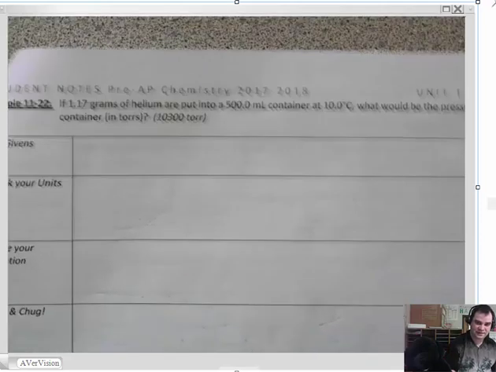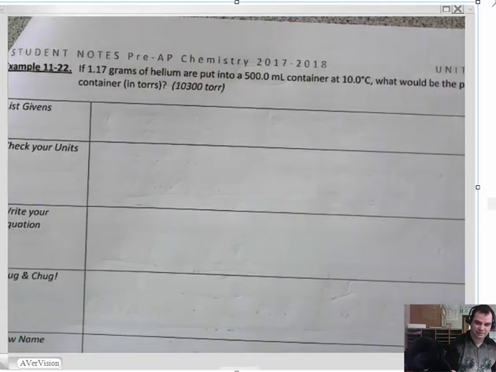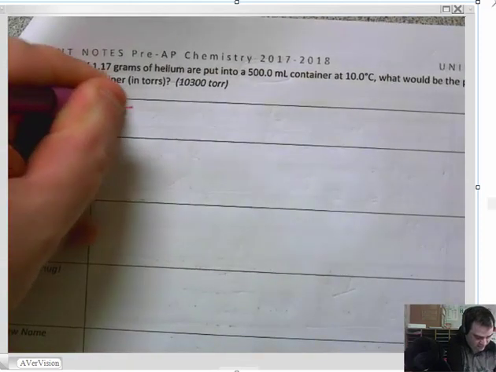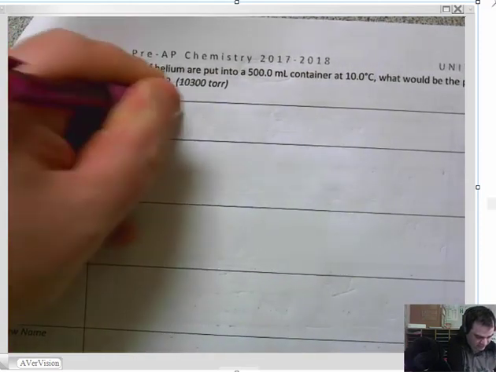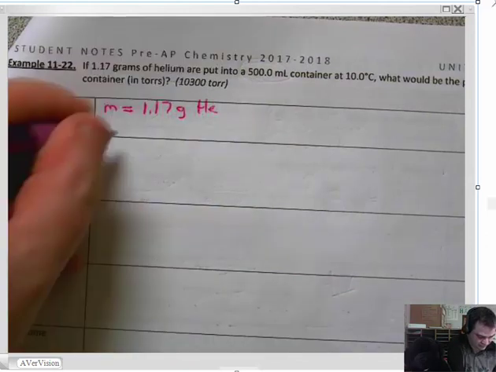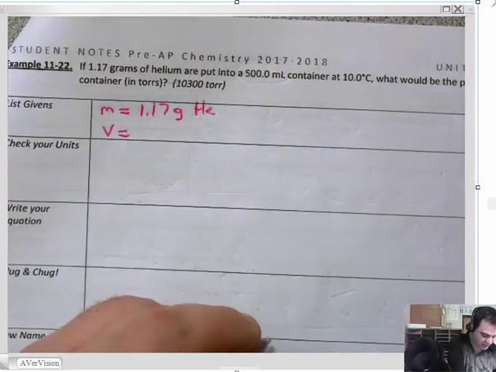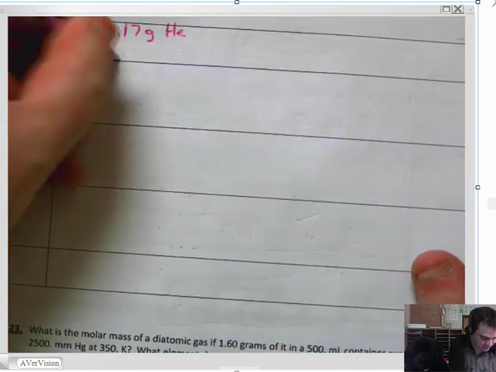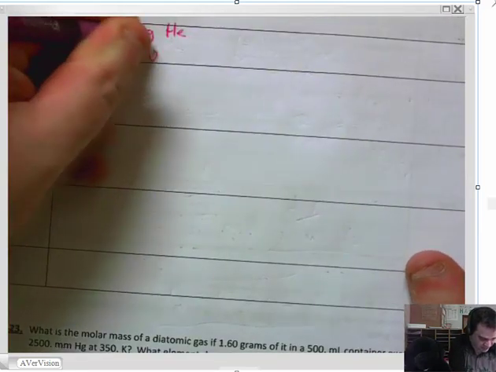Here we go. If 1.17 grams of helium, so this is the mass we're starting off with, are put into 500 milliliters volume, I'm going to convert that over to liters. Didn't I do that back here? Oh yeah, I did. It's 0.500 liters. So we're going to use 0.500 liters